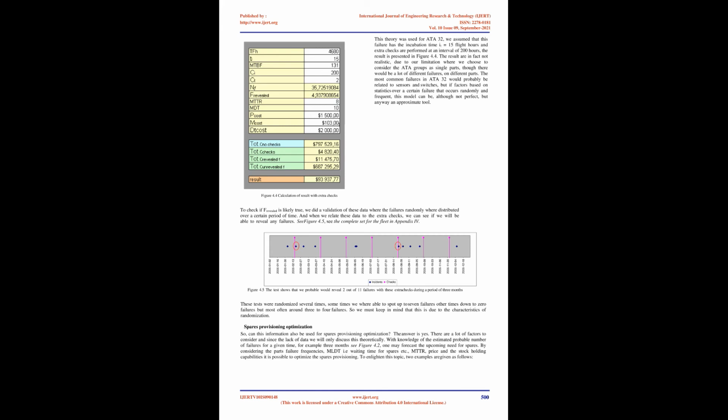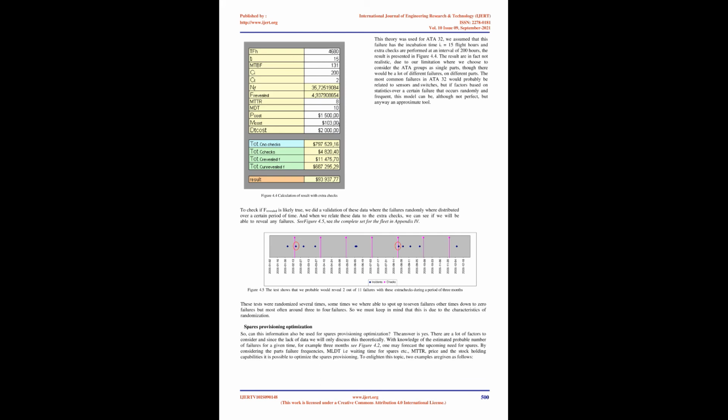This theory was used for ATA32. We assumed that this failure has an incubation time Ti equal to 15 flight hours and extra checks are performed at an interval of 200 hours; the result is presented in figure 4.4. The results are in fact not realistic, due to our limitation where we choose to consider the ATA groups as single parts, though there would be a lot of different failures on different parts. The most common failures in ATA32 would probably be related to sensors and switches, but if factors are based on statistics over a certain failure that occurs randomly and frequently, this model can be, although not perfect, anyway an approximate